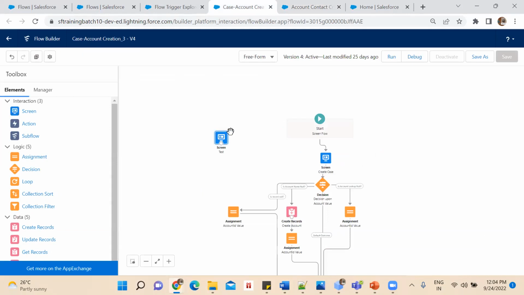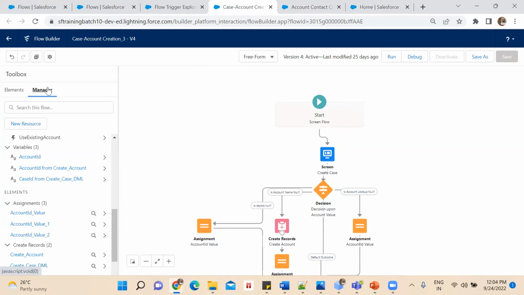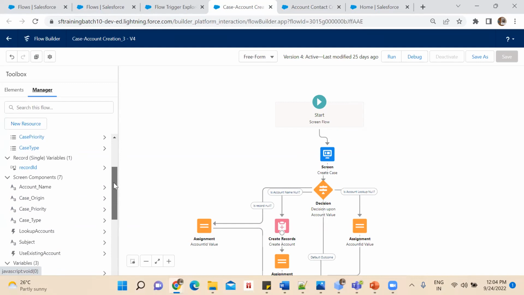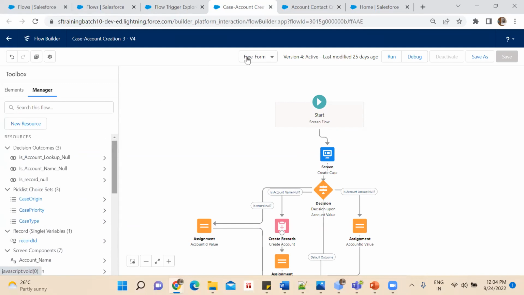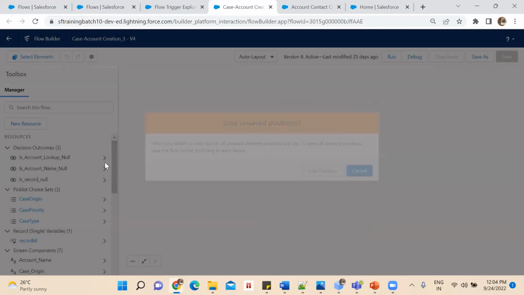One more thing I wanted to show you. If you have any element that you have already created and you want to change it or know more about it, suppose I'll show you in auto layout.